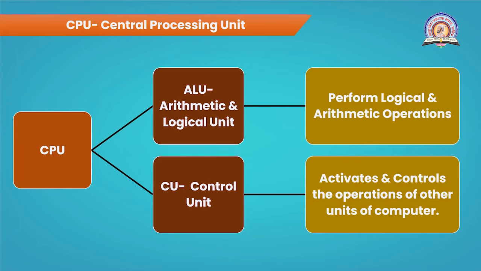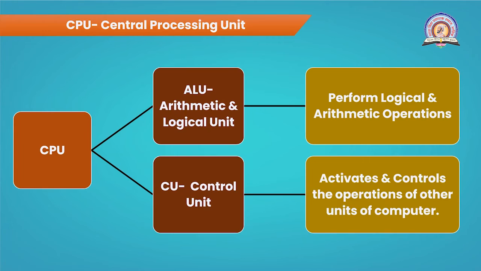As I have told, arithmetic operations mean basic mathematical operations: addition, subtraction, multiplication, division, as well as logical and comparative operations, means less than, greater than, equal to, less than or equal to, or the logical operations, that is AND, means when we have to compare two different things, marks greater than 60 and less than 70. These logical operations are also performed through the ALU. And then CU, that is